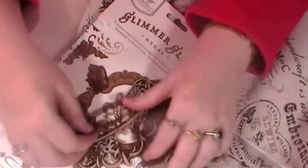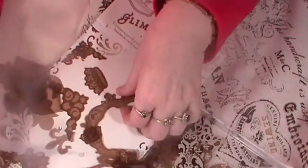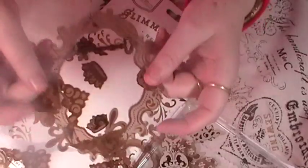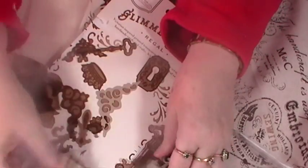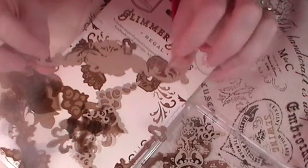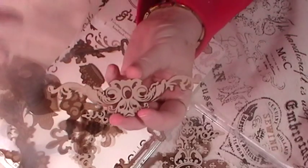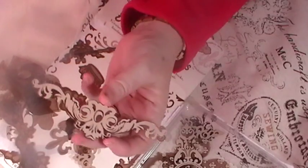So if anyone's ever used these, there's this big crown, which is great, but I'm going to get this messy effect. I'm really not sure what I'm supposed to do with them. I know they're masks, but they just seem to be the opposite. And there's lots of little fleur-de-lis ones too. So if anybody knows how to use these, that's really pretty, obviously, and it's got all the decoration on there, but you don't actually get that when you glimmer mist it. All you get is the outline, which is what I'm going to get,